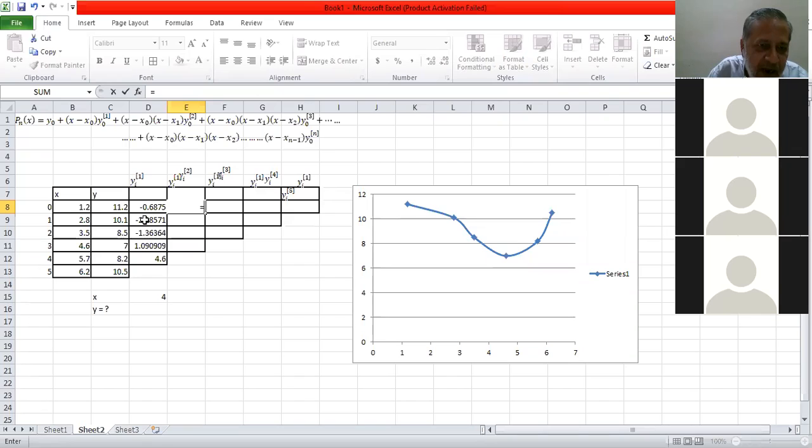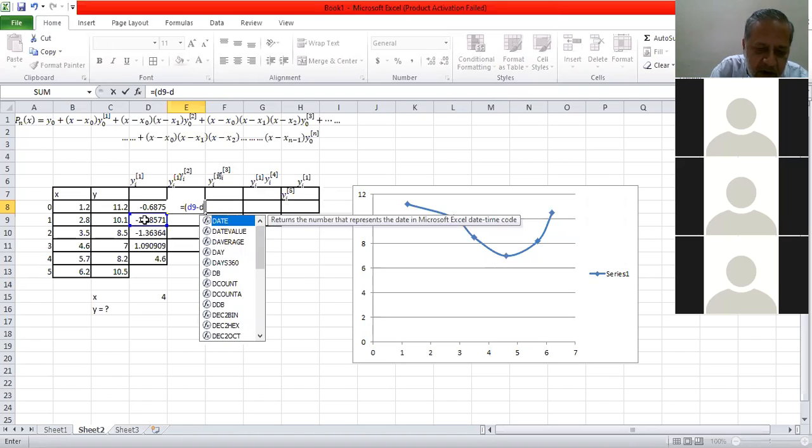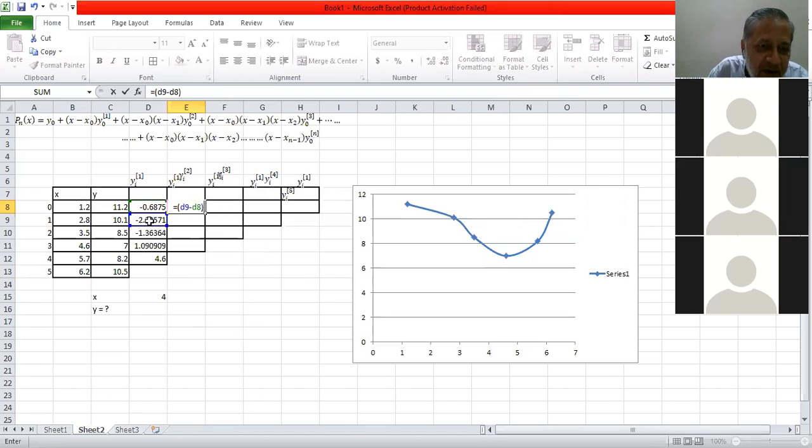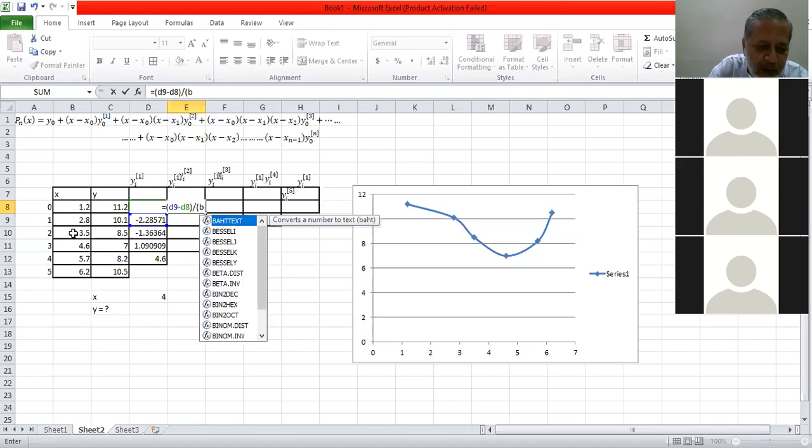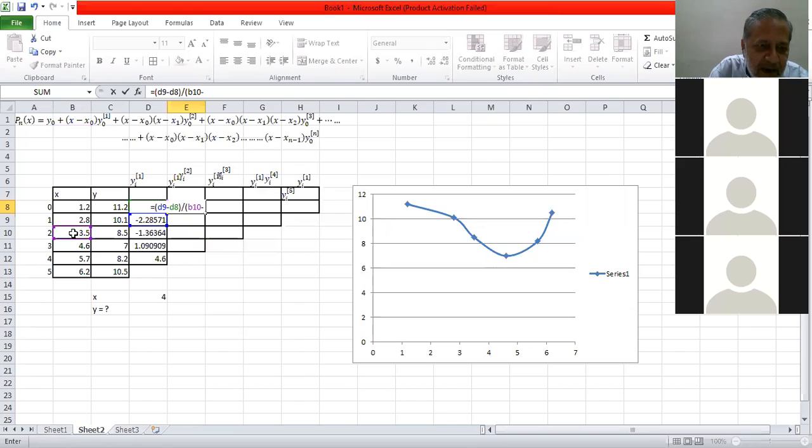है, किस किस सेल में है? D9 और D8 में। D9 माइनस D8, ये डिफरेंस ऑफ 2 फर्स्ट ऑर्डर डिवाइड डिफरेंसेस आ गया। और सेकेंड ऑर्डर डिवाइड डिफरेंस का डिनोमिनेटर क्या है? एक x वैल्यू छोड़ के x2 माइनस x0। तो x2 हमारा किस सेल में है? B10 में। तो B10 माइनस B8।